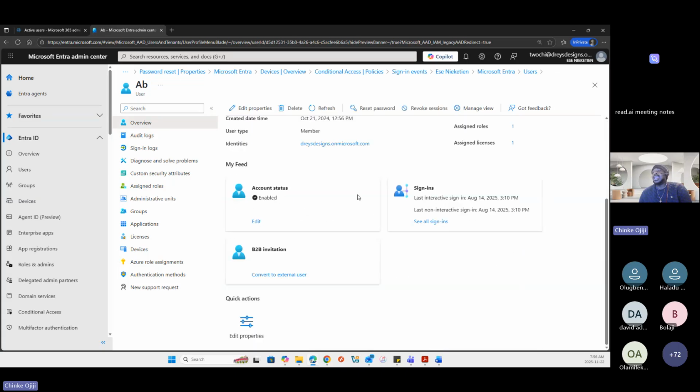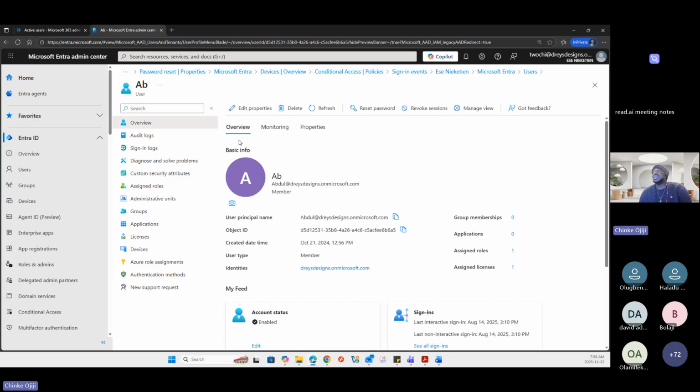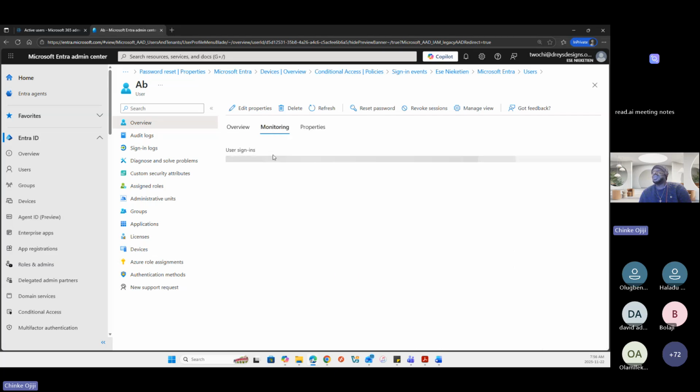Also, I wanted to come here and show you this. So this is the overview, right? We've discussed that. If you come here into monitoring now, what you can do from here, how many of us, I believe, have heard of security defaults as well, right?